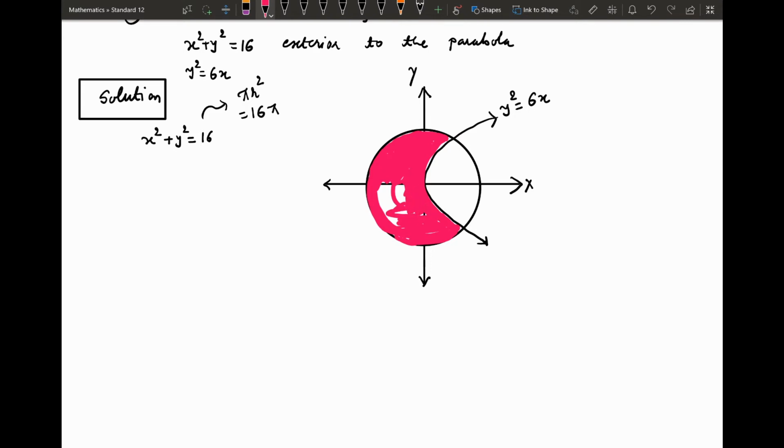So we have to find area of this region. So from the entire area of the circle 16 pi, we will subtract